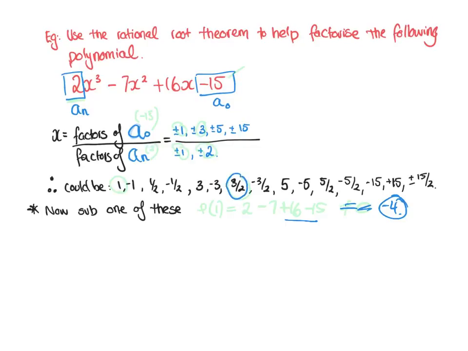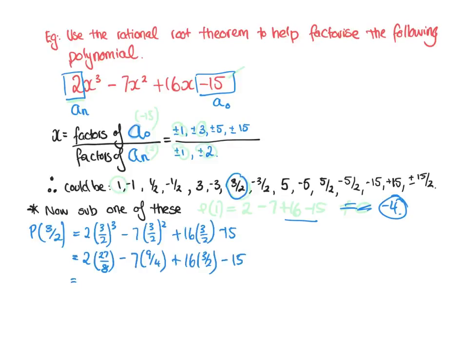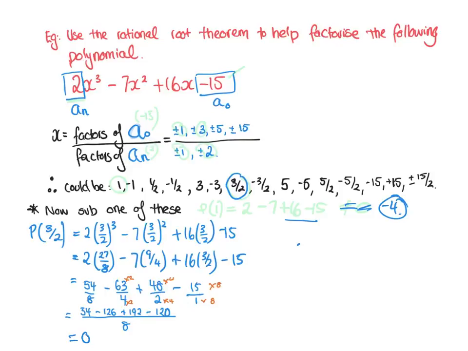So I'm going to try 3 over 2, which is a little bit more than 1. So if I put p of 3 over 2 into this formula, okay, we obviously get it equaling 0. So therefore, we know that if p of 3 over 2 equals 0, a factor could be